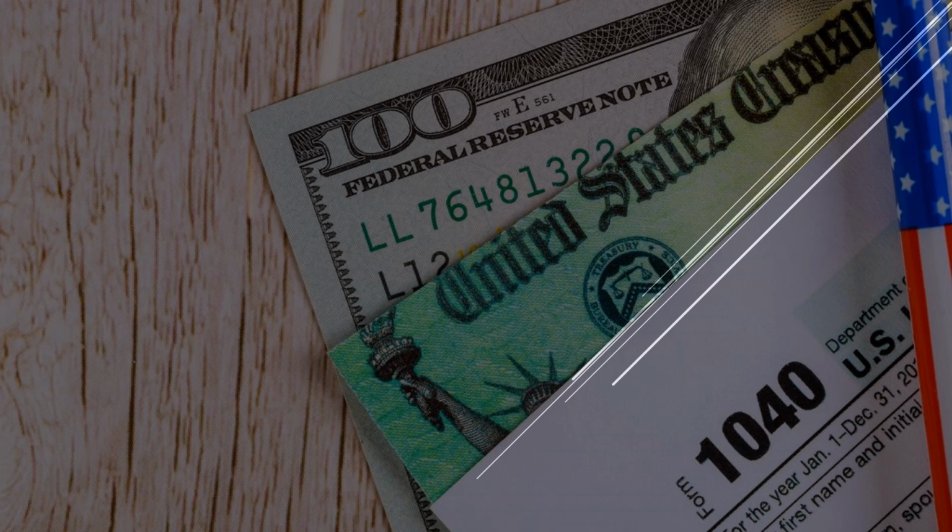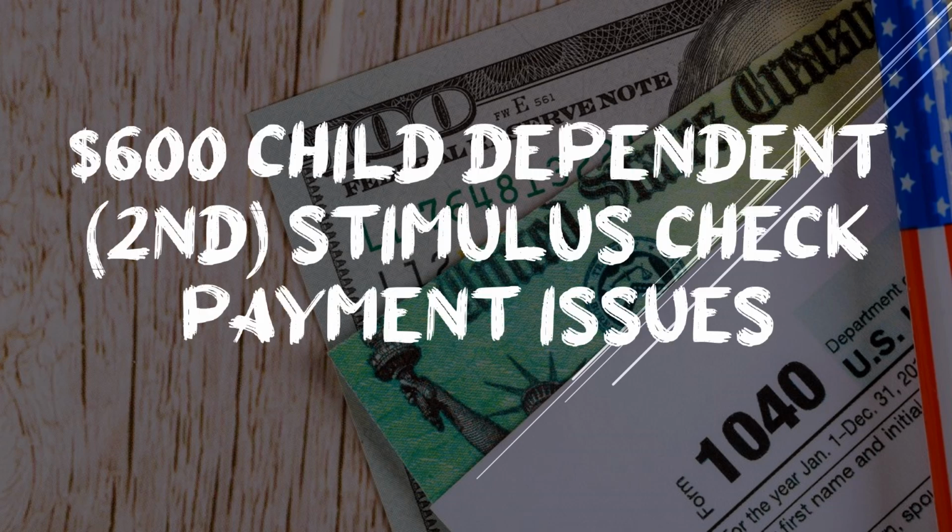Hey everyone, it's Andy here, and today I wanted to talk about the $600 child dependent stimulus check and the various payment issues people are seeing with this. As a reminder, this was approved under the COVID relief bill just recently, and it's the second round. There was an earlier one for $500 earlier this year, but like that one, people are seeing issues. I'll go into a little bit about some of the issues and what you can do to help get over